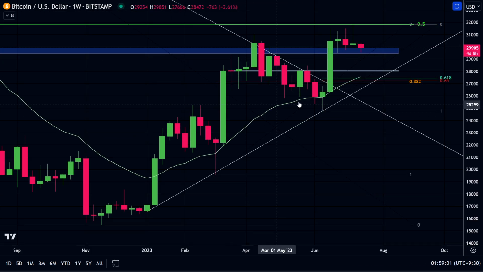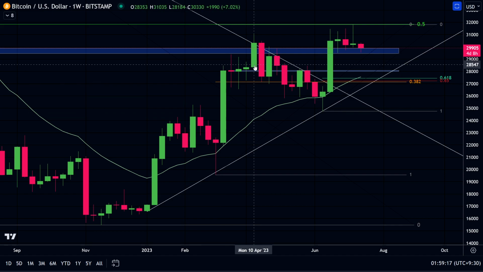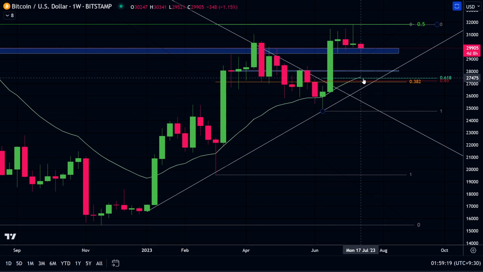So just putting those things together, we could come down here to that 21-week exponential moving average. Perhaps we wick down to these lower areas at 27.2. Perhaps we just get a bounce off this order block here. There is another weekly order block at 28k from that red candle in an uptrend. This will be a zone I'd be interested in getting long if we do start closing weekly candles below this order block, below